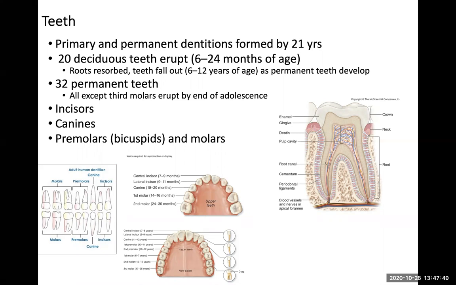And then we have those deciduous teeth until right around the age of 6, when the roots start to be resorbed and those teeth begin to fall out. And those teeth are replaced by 32 what we call permanent teeth. So that's the quote unquote scientific term for adult teeth. Most adult teeth are there by the time an individual reaches the age of 14. The exception to that, of course, is the wisdom teeth, the third molars, and those show up oftentimes not until an individual is in their 20s, if they show up at all, because so often these days they